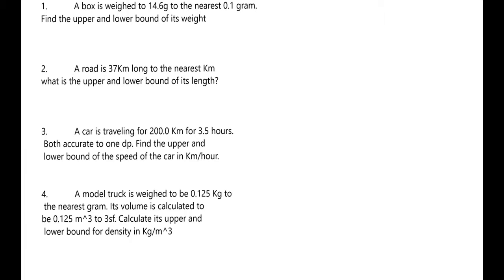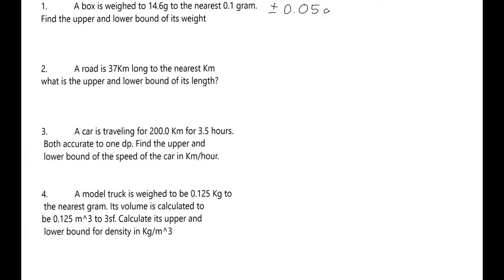Okay, upper and lower bounds. So, first thing we need to find is what have we rounded to? We rounded to the nearest 0.1 grams, which makes sense because 0.1 grams is the last bit that has information in it. We always have plus or minus a half of what we rounded to, and therefore we're going to be at plus or minus